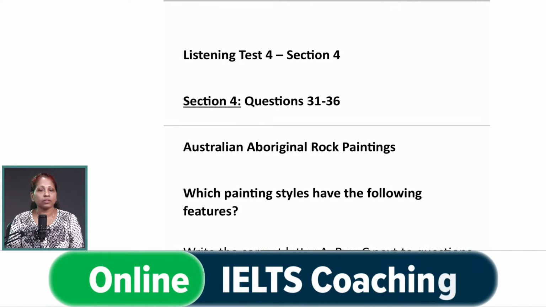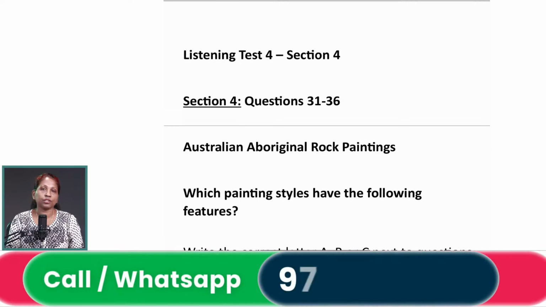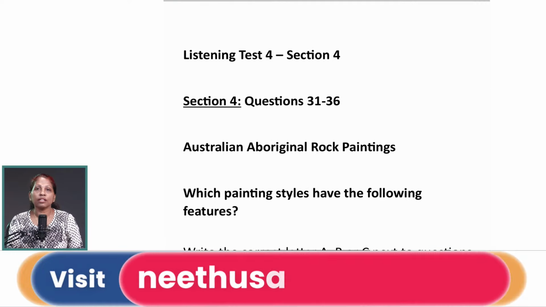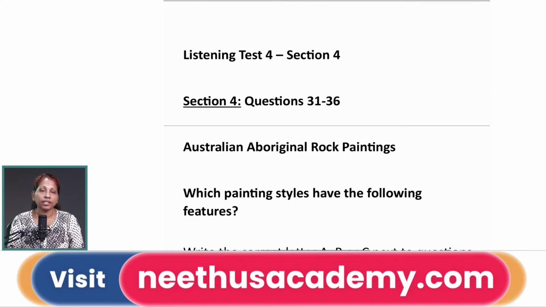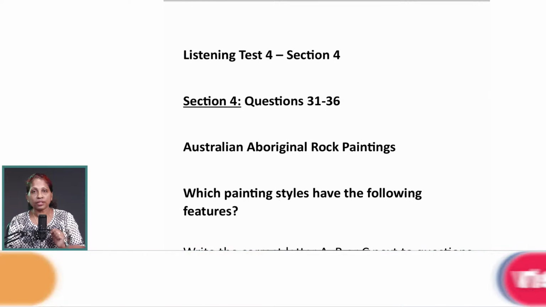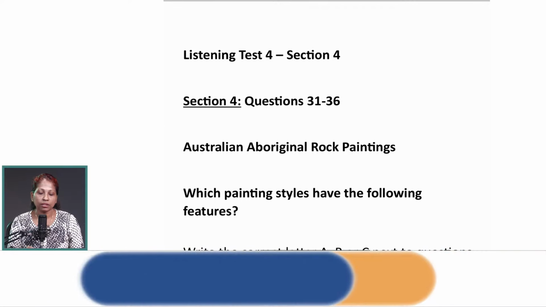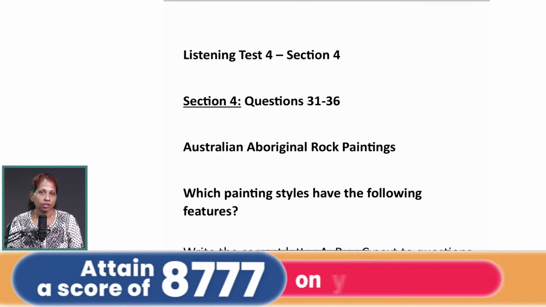Okay, that was the audio clip. That is our audio clip for this listening section, Section 4, the last section audio clip. So now on the screen you can see the questions. Now we will discuss the questions with the audio script, because we cannot play the audio again. You already listened to it. Now we will discuss it with the audio script. So let's go. The questions are 31 to 40.